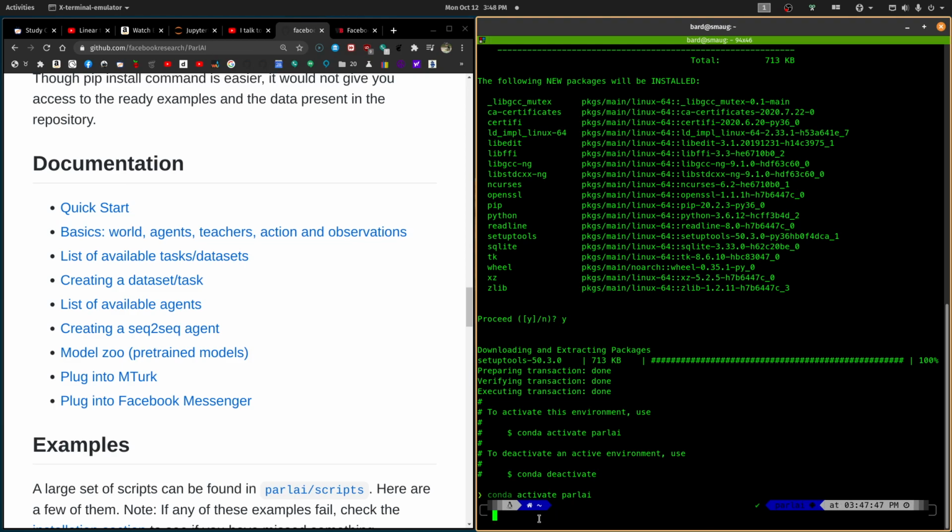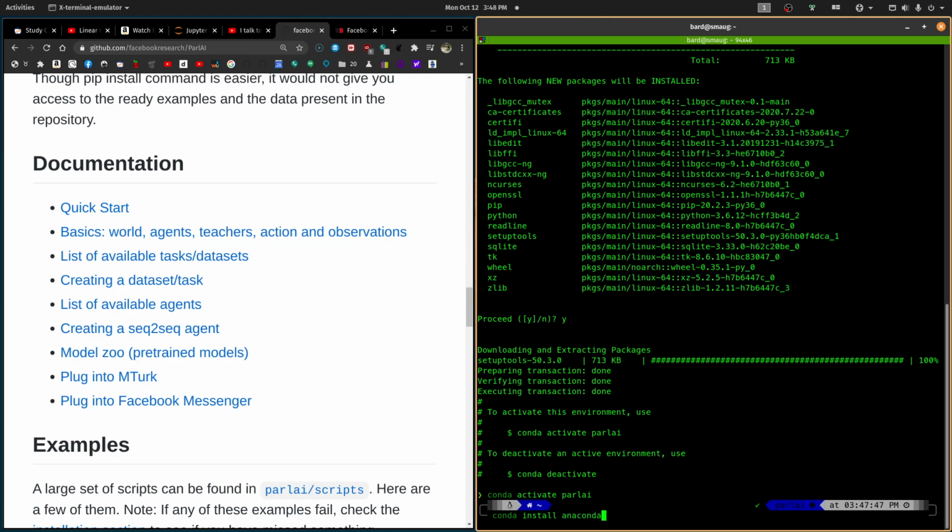All right, so now that I have the Parlay virtual environment activated, I'm using miniconda here, and I'm going to do a conda install anaconda.